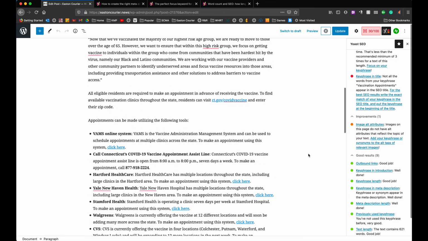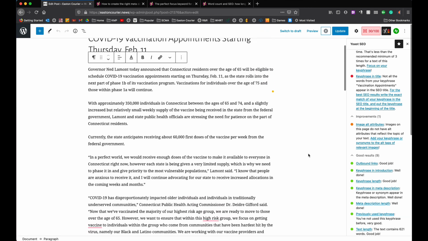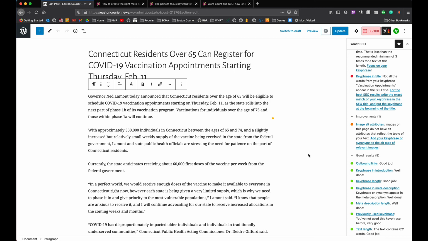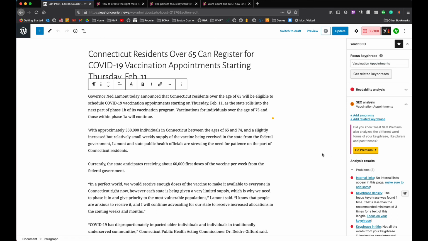I haven't changed anything about the article itself. I did not change any of the words in this article. They're all exactly as the author wrote them when it was published. All I did was change things in the background that the reader will never notice, but the search engines of the world, Google, Yahoo, Bing, and what have you, will notice a lot. So now that I've done that,